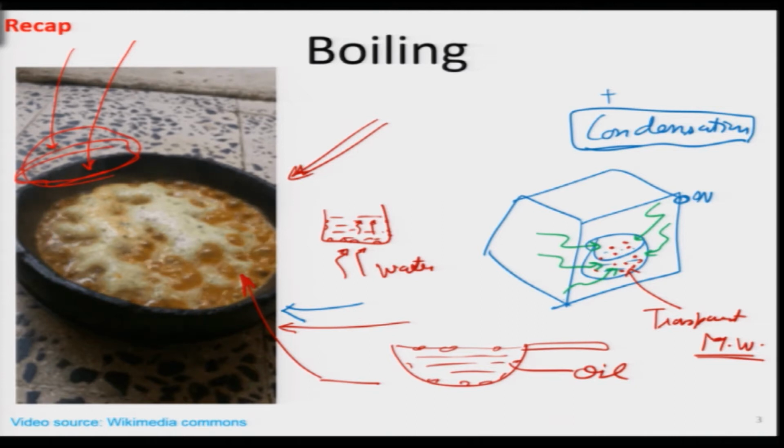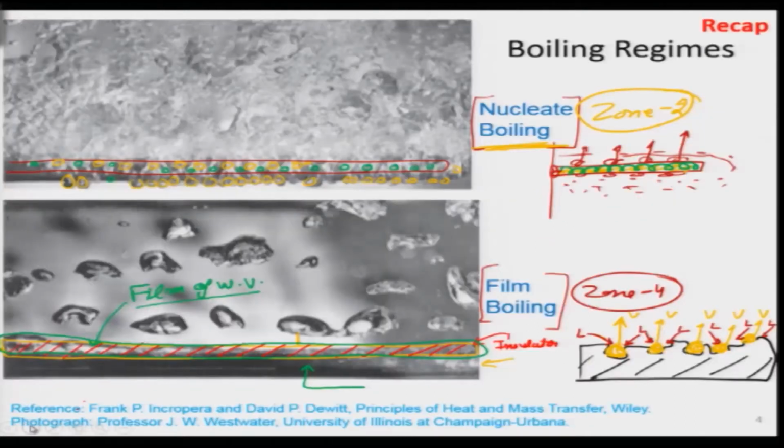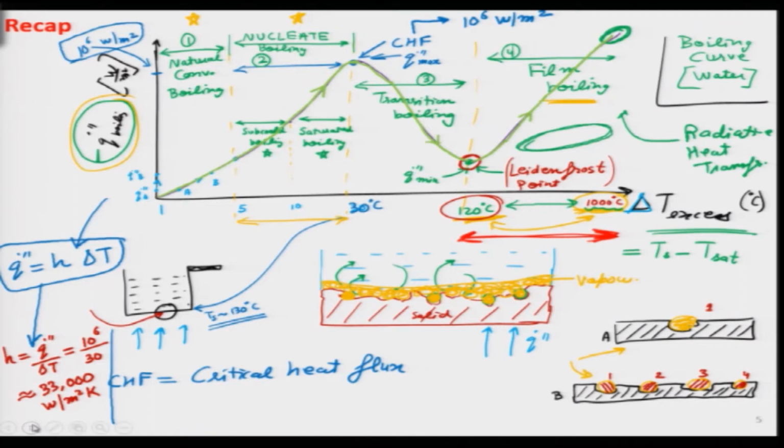So, we had looked at the fundamentals of boiling. So, I will skip this part. We looked at two different boiling regimes. So, this photograph shows very nicely the nucleate boiling and the film boiling which is taking place. We looked at the boiling curve, which is a very generalized curve which can be obtained for all different types of fluids, and it has four different regimes inside it, starting with the natural convection, then going on to nucleate boiling, and then moving from transition very rapidly into film boiling. So, this is what we had explained over here.